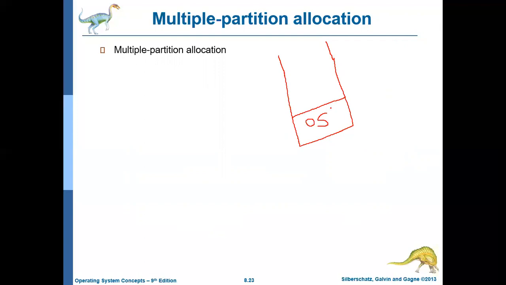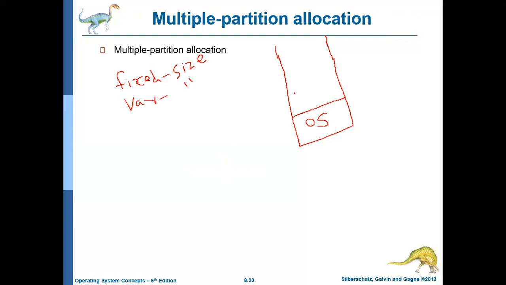Now when processes come, how will they be allocated in the memory? We know it will be allocated contiguously, but how? There are two different ways of doing that. One is called fixed size partition, and the other one is called variable size partition. These are the two methods in which processes will be allocated to memory in a contiguous fashion. First, let us see what fixed size partition is.